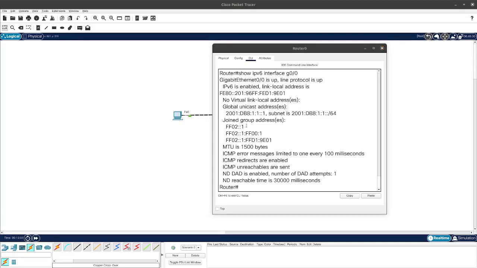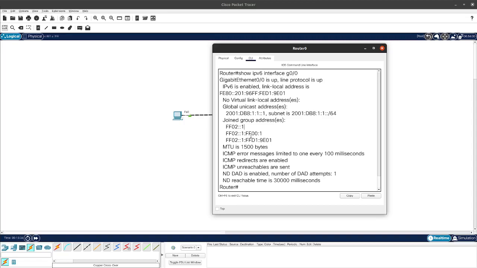So it has joined ff02::1 multicast, which is everyone, right, who runs IPv6. But as you can see, it hasn't joined ff02::2, which is for all routers, and that is because we haven't enabled IPv6 unicast routing, and this is actually